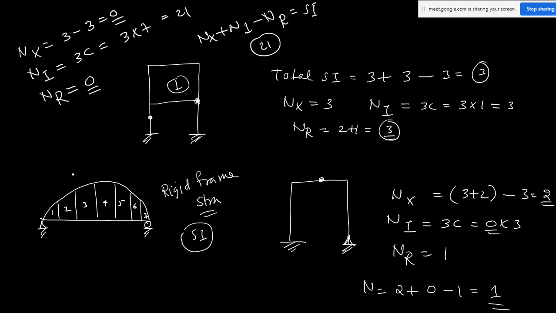So whatever the question, you just follow these simple equations. Just count the closed loops. It is a shortcut technique. You don't need to think, because now you understood what C is and why it is 3. For a 2D frame, when you take a cut, you get 3 equations of equilibrium and 3 internal forces. That is why this 3 is coming. Why we count only closed loops, that also we have explained before. So now we can solve all 2D frame structures.